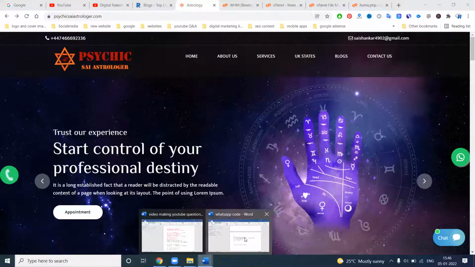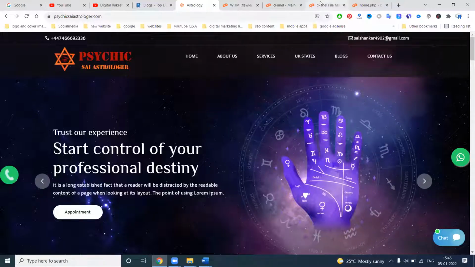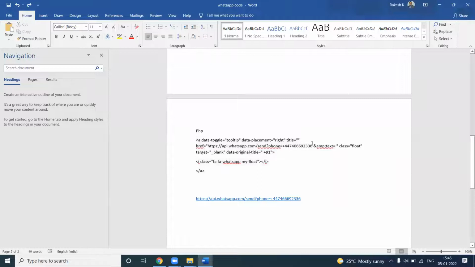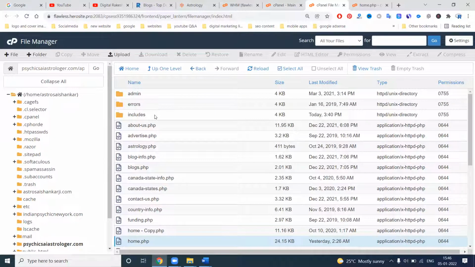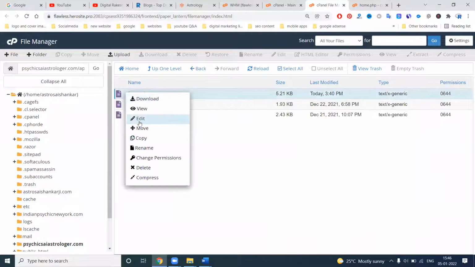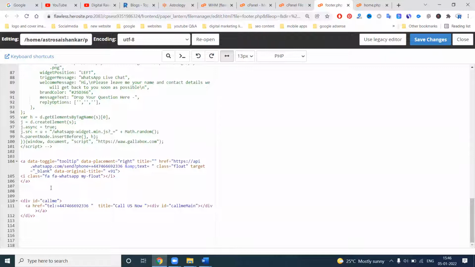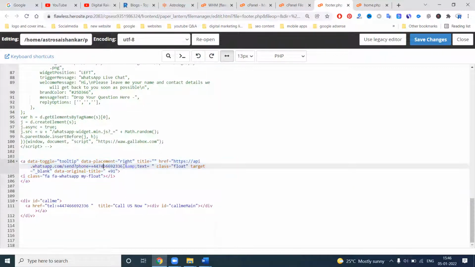Next one, in this PHP code, first of all, this code we can add along with the footer option. In this, you can add your particular phone number. The phone number may be +91, or +44 is a UK phone number. So we added the UK phone number in what is called the common footer. The WhatsApp chat button will appear on all pages. This code is added with the phone number option.